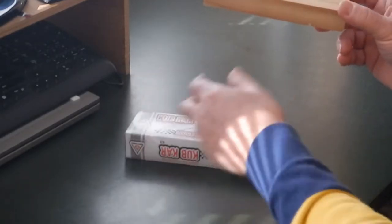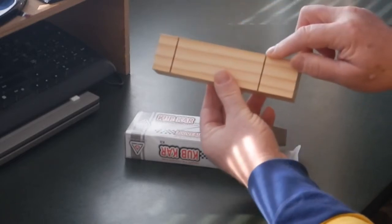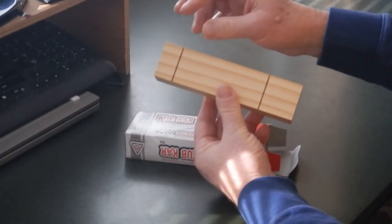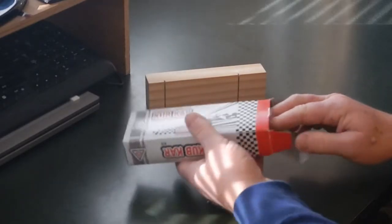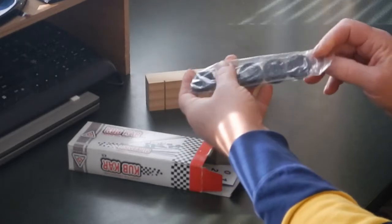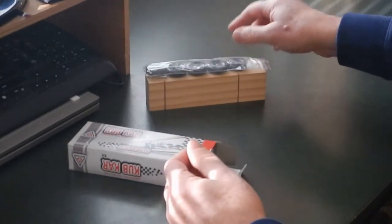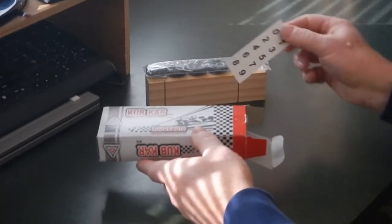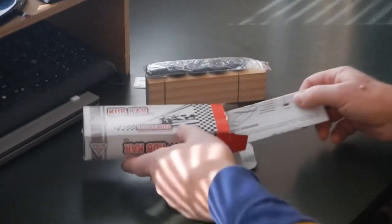a pine block, nice block of wood with two grooves cut in the bottom of it. They are where the nails go into those grooves to hold the wheels on. The kit also contains a package with 5 wheels and 5 nails. You'll see there's some little nails in there. Reason we get 5 of them is because when the Cubs play with their cars, it's not unknown for the wheels to break. Also contains a set of numbers that you can stick on your car and a set of